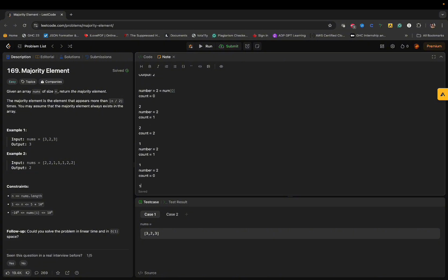Now for the third number, we can see that count is equal to 0, therefore we will assign nums of 5 as number, and then we will see number 1 is equal to 1, therefore count is equal to 1. Now when we encounter this 2, we know that count is not equal to 0, therefore we will see if the number is equal to it. In here the number is equal to 1,